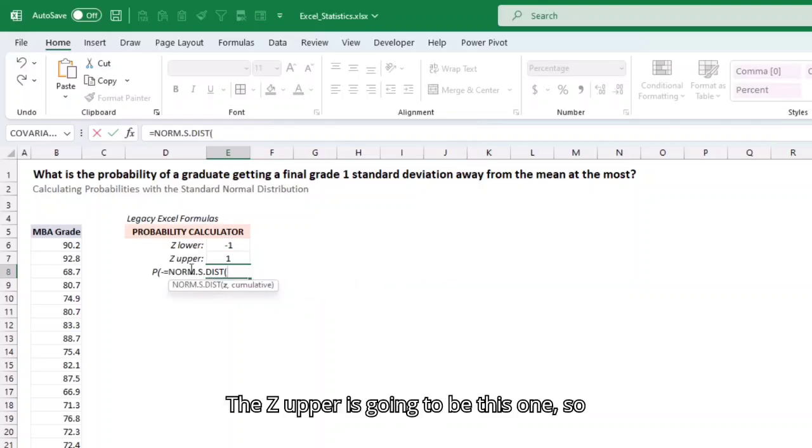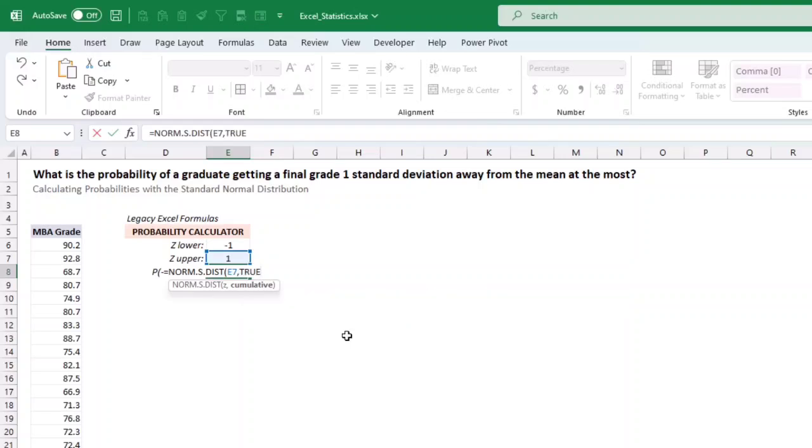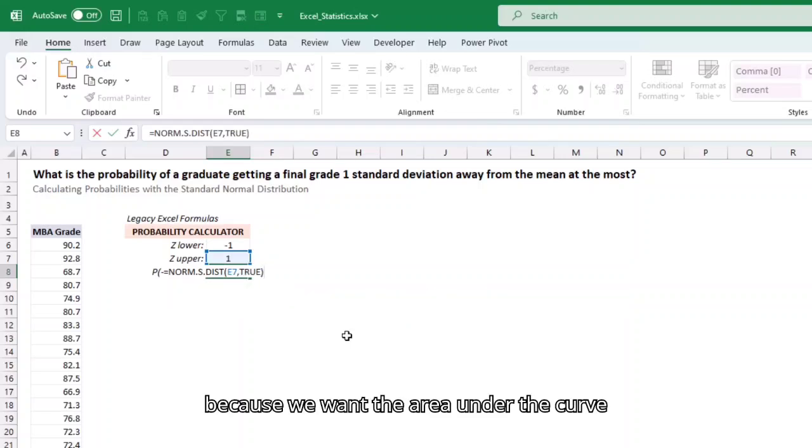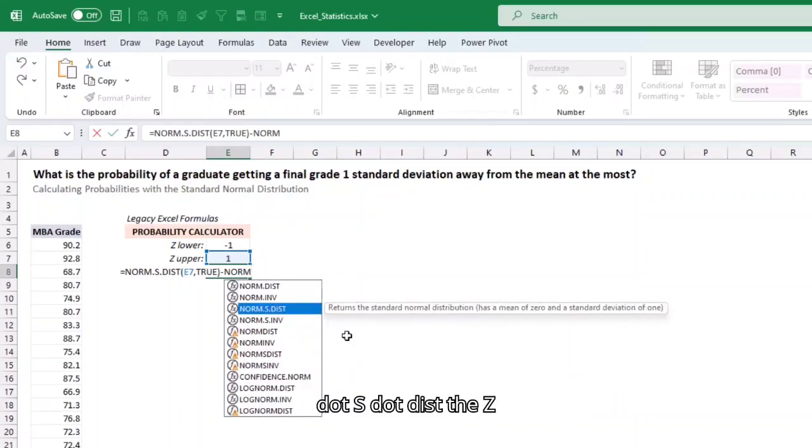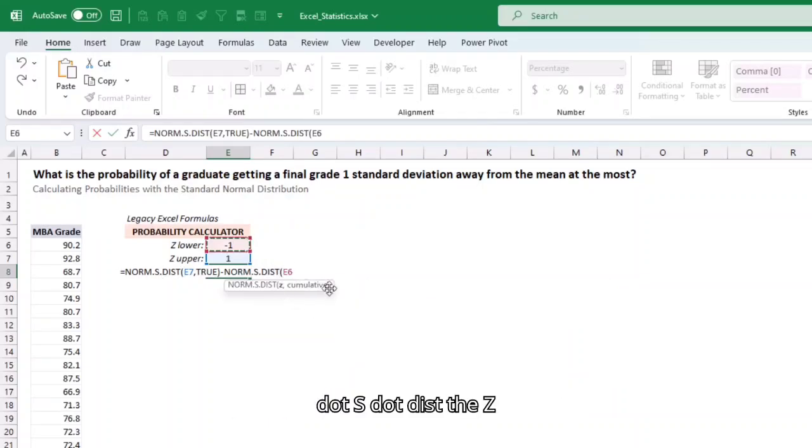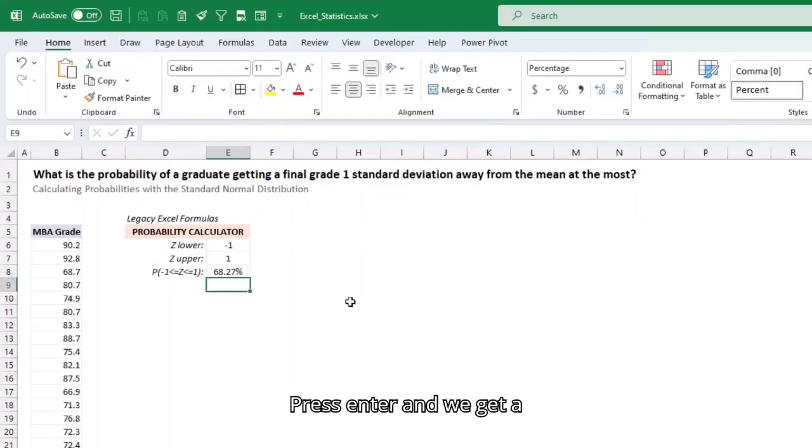The z upper is going to be this one, so 1. And we want to return true because we want the area under the curve. And then we just subtract, again, norm.s.dist, z lower, true,